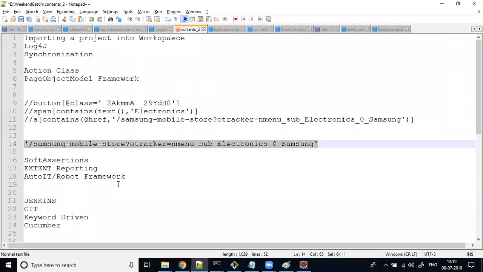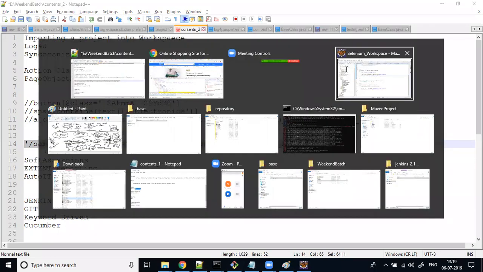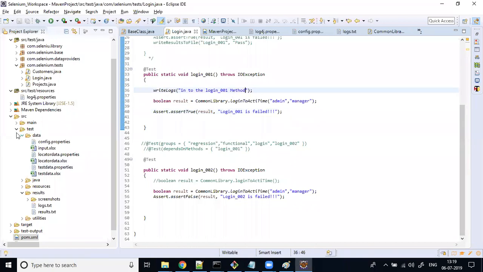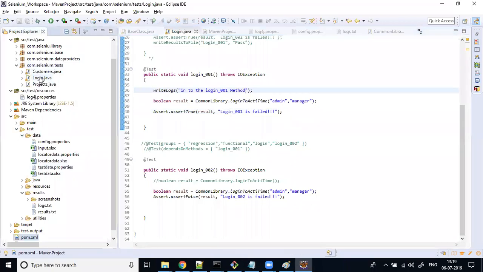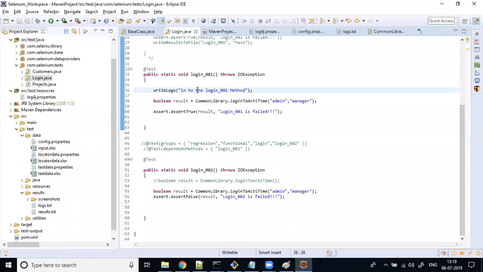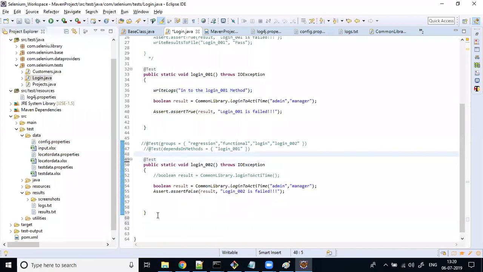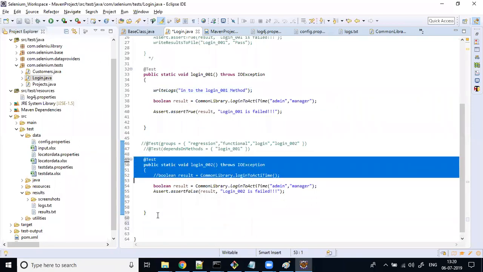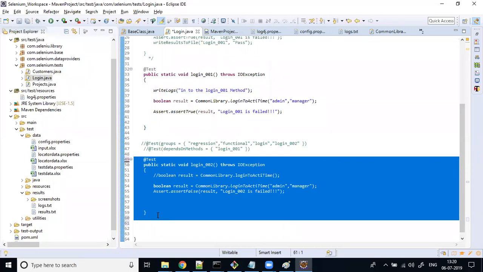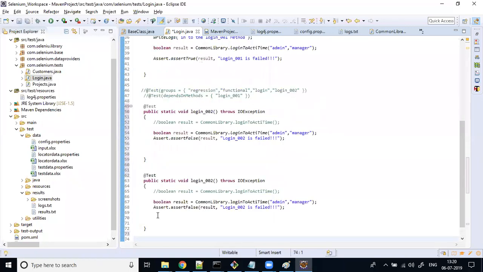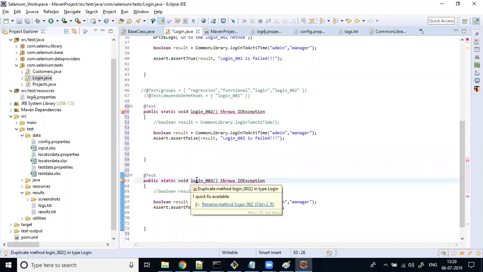The actions class. Let us quickly see that. Very, very simple. I'll take one example. In my login test itself, I will write another test. Just copy this. It's all copy paste from now. Once you have your framework ready and one test case automated, then the rest all becomes very simple, believe me. So now here I'm saying